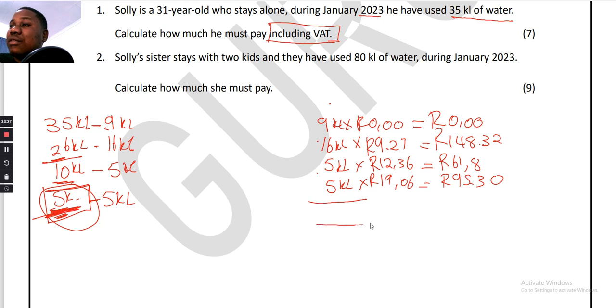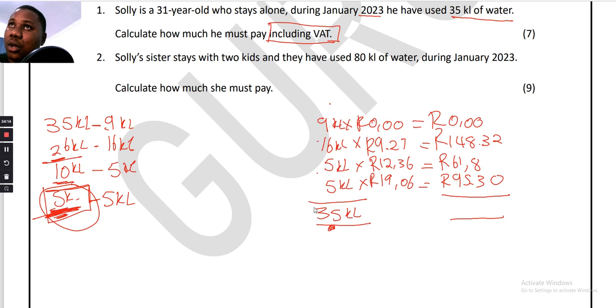We have to make sure. Remember, Soli used 35 kiloliters. So we are going to say 9 plus 16 plus 5 plus 5, not 15, 16. So we're getting the number of kiloliters, and we are getting 35. If when you add all of these kiloliters you don't get 35, it means your calculations were wrong. And then the amount is going to be